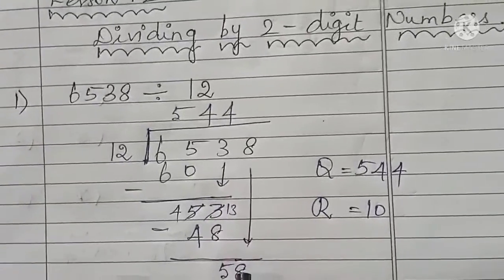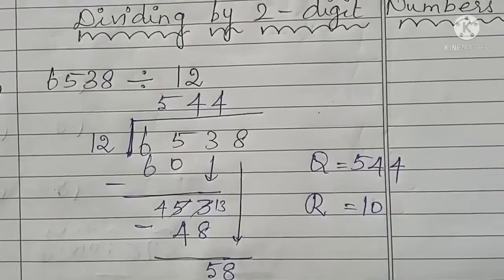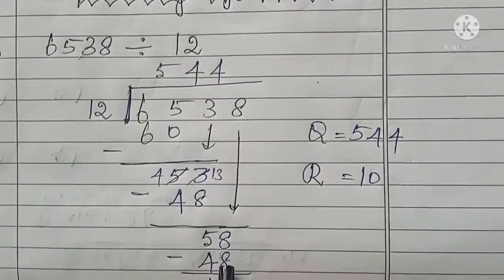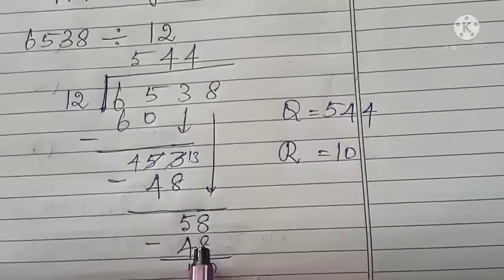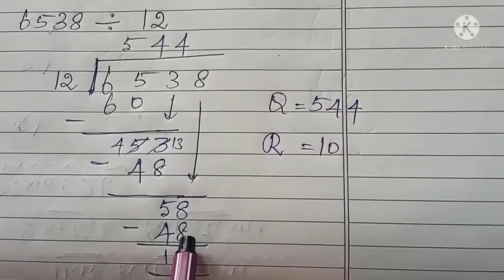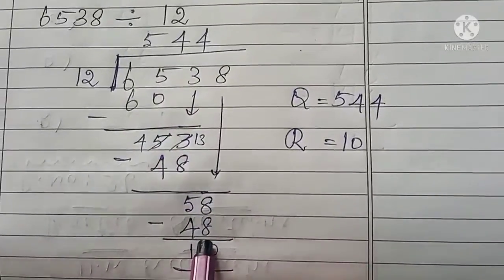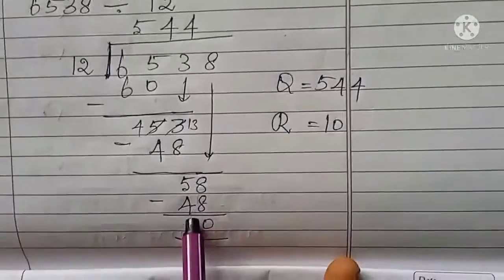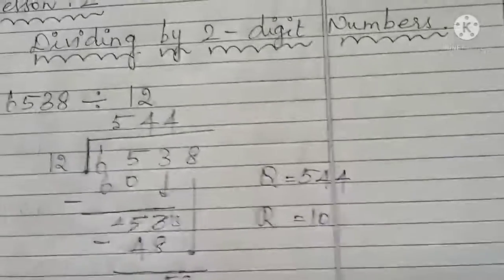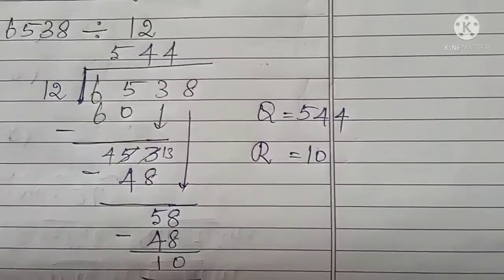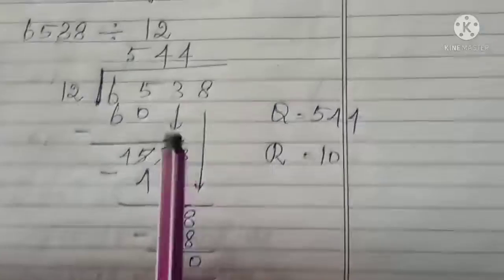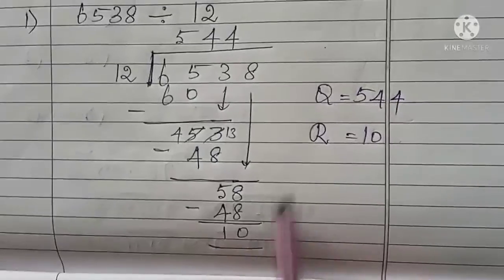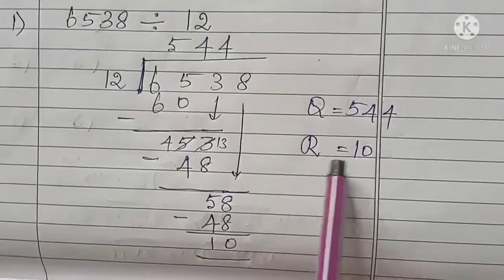So you have to take and write the smaller value of this number. Alone you can subtract. If you take the higher number, you can't subtract. I hope you all know that. So again I am telling you, you have to take the smaller value for subtracting. So 4 12s are 48. So 58 minus 48 will give you 10, or else 8 minus 8 is 0, 5 minus 4 will give you 1. So at last there is no number in the dividend place, so you have to stop your work for dividing. So this is the value for quotient. Q equal to 544, R equal to, R in the sense remainder, R equal to 10.